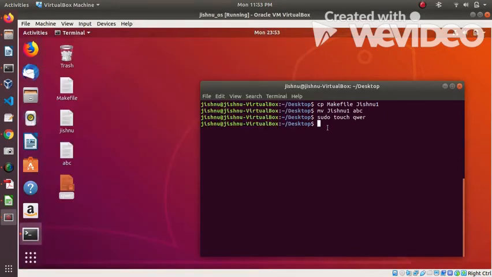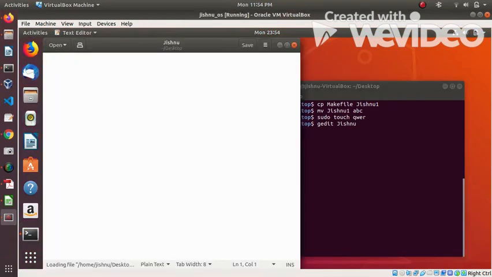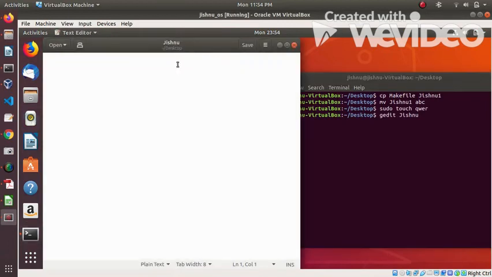And now to open a file, you can give a gedit command, gedit Jishnu. If I just do gedit Jishnu, it will open the file Jishnu.